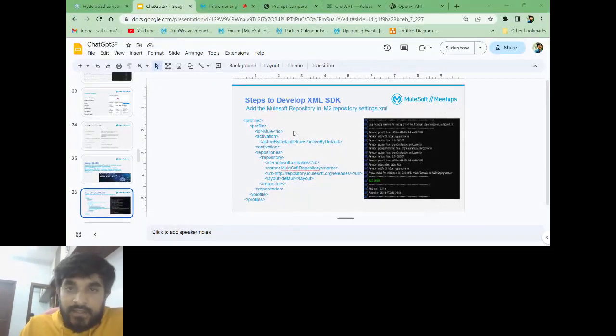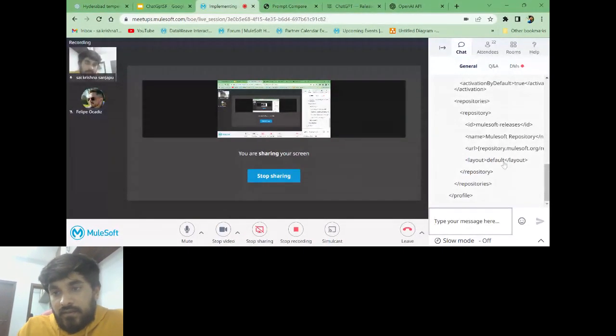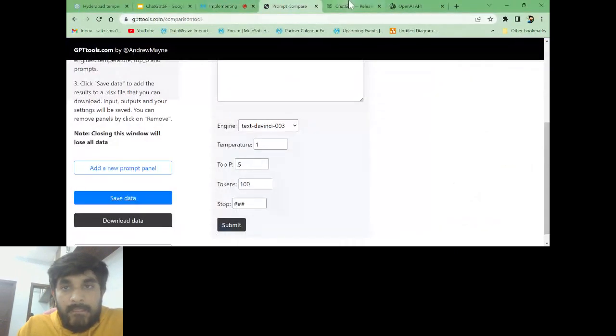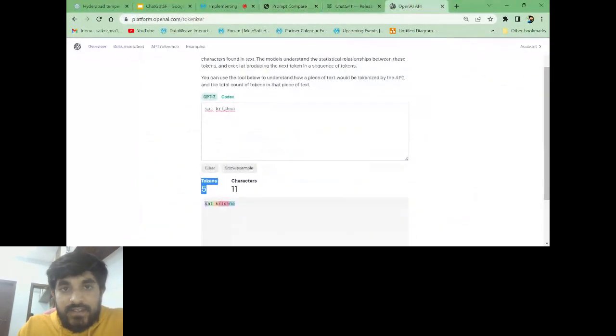Once you add this to settings.xml, I will share it in the chat, otherwise I'll forget it. So, connector documentation. This is the first thing. This is the profile you need to add. First step is the profile. So you need to add your profile section in your settings.xml. So next step is like,